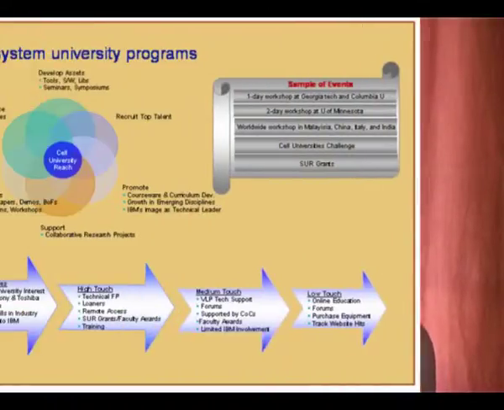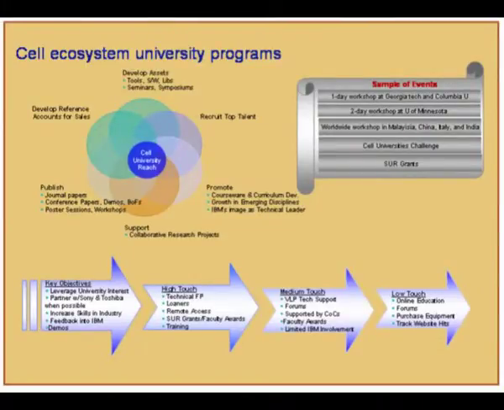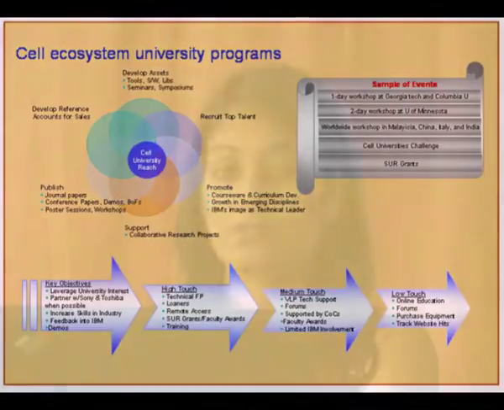So we do have lots of university programs, some high-touch universities that we work with. So high touch programs and medium touch programs and low touch. For medium touch, we have something called, well, actually, let me go one by one. For the high touch universities, we have one focal point that works with every university. We give out loaner systems to the universities. Again, we're not saying that we do that with every university. This depends upon what kind of collaborative research we can do with the university. We definitely give remote access. In other words, we have some QS20 blades available in what is called a virtual loaner program. So if you have an application that you have developed and you want to really run it on the real hardware,